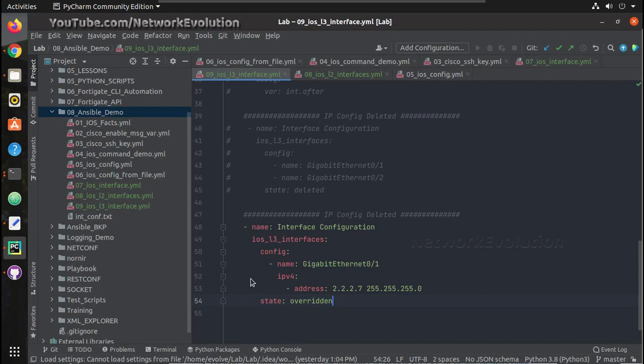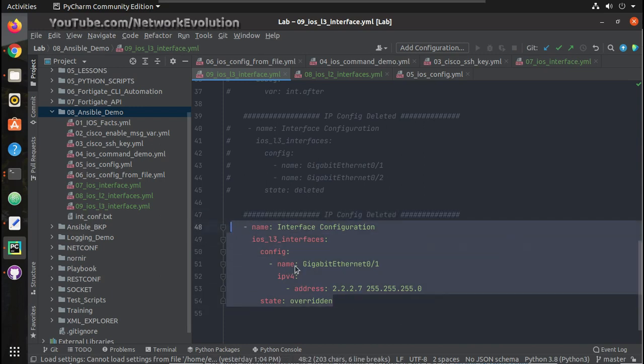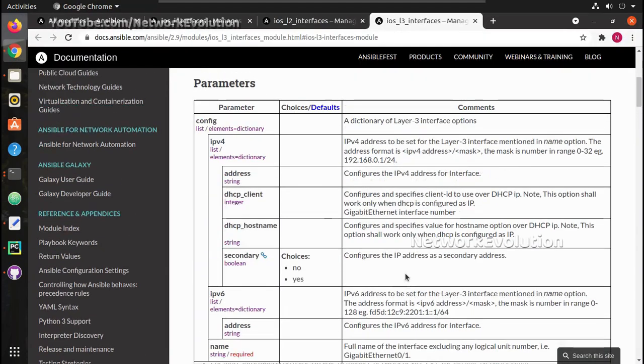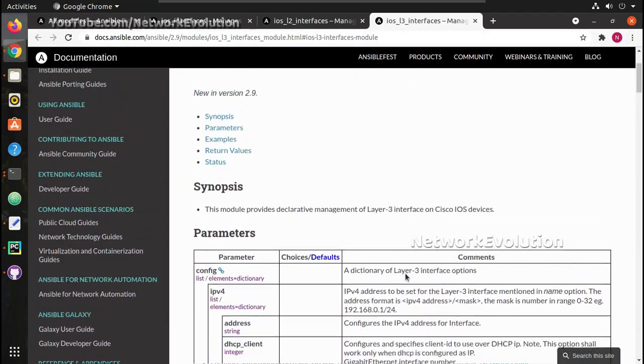Once I run this playbook, this will delete all the other interface configuration and push only this IP to 0/1, the other interface. You should be careful while using the overridden option, because this can delete all the existing configuration if you haven't defined the data model properly, because this replaces all the attributes defined in this particular module.